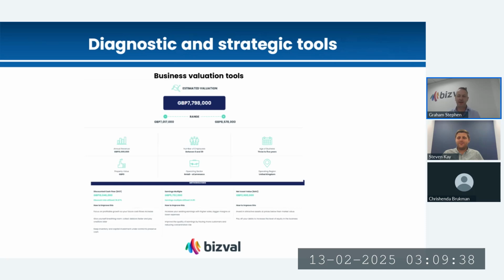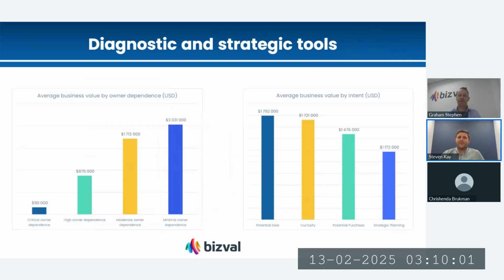You can go to the doctor and check your blood pressure, you can check all of those things, and say, well, your biological age is older or younger than your actual age. But then it's what do you do with that? Do you change your diet? Do you exercise more? And I guess evaluation, in our view, is a very similar tool, but looking at the business rather than your health. Precisely. It's not what the value is, it's why it's that level, what's created that value.